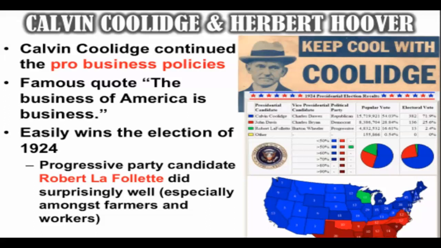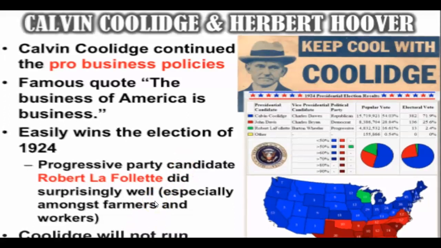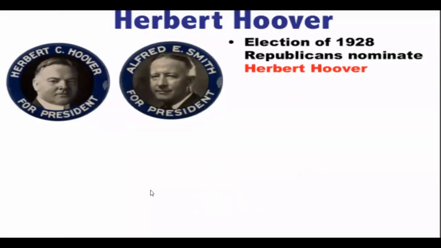And Robert La Follette did particularly well, as you'd expect, among farmers and workers. Coolidge will not run in 1928. He could have, constitutionally, run for a second term, but he will choose to step down in 1928. So that means by 1927-28, the Republican Party will nominate Herbert Hoover for president, and he's going to be